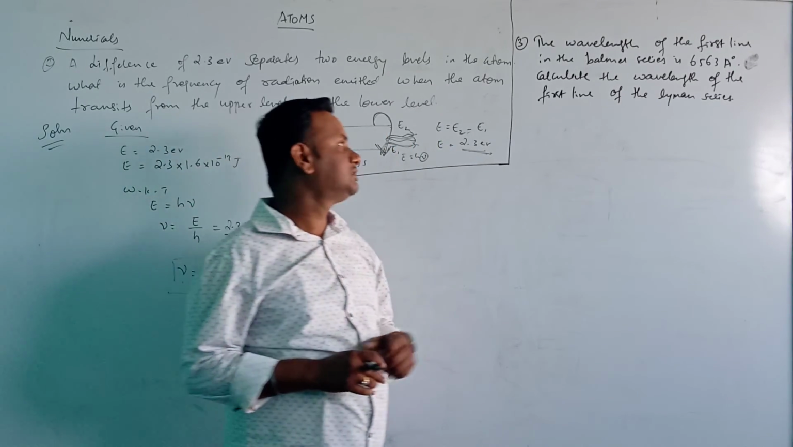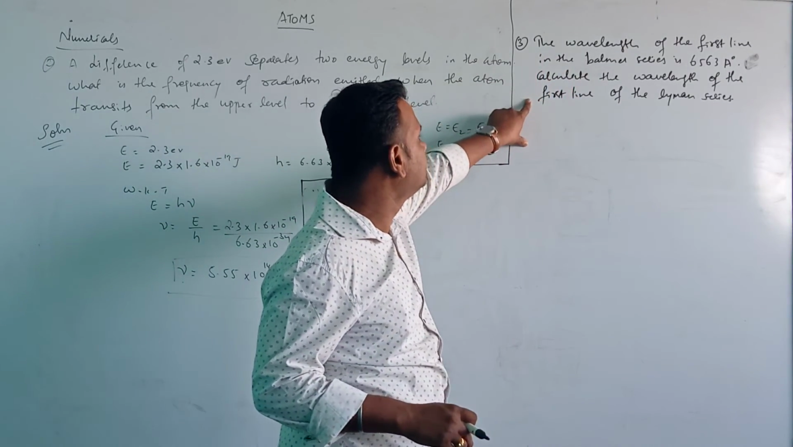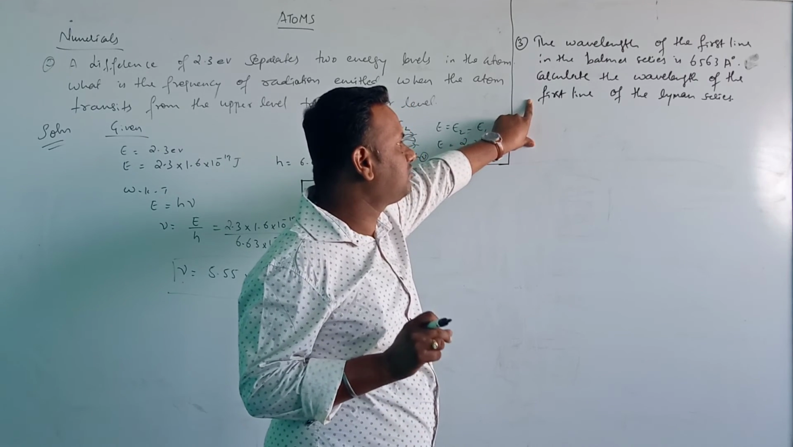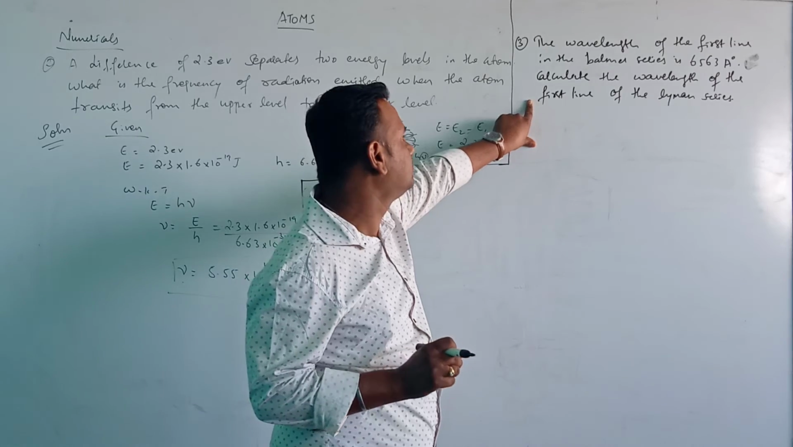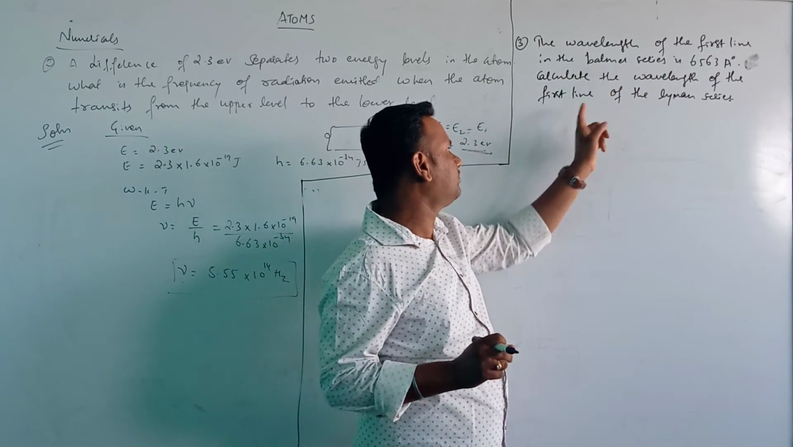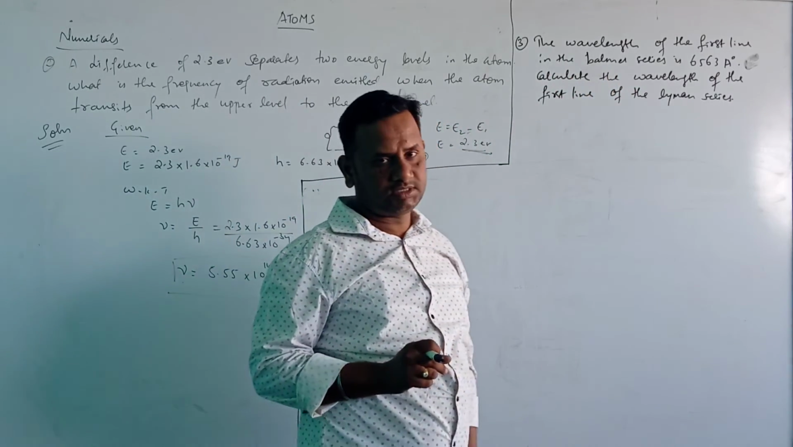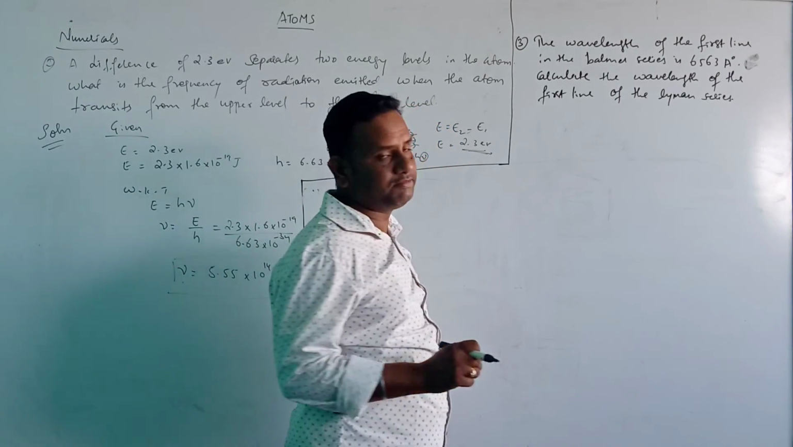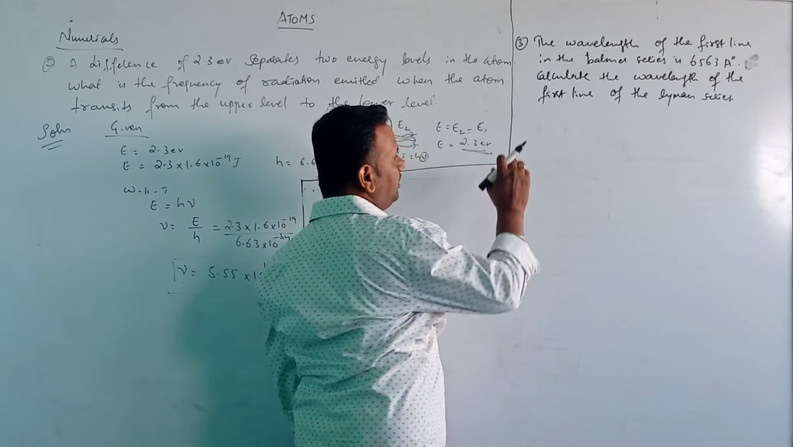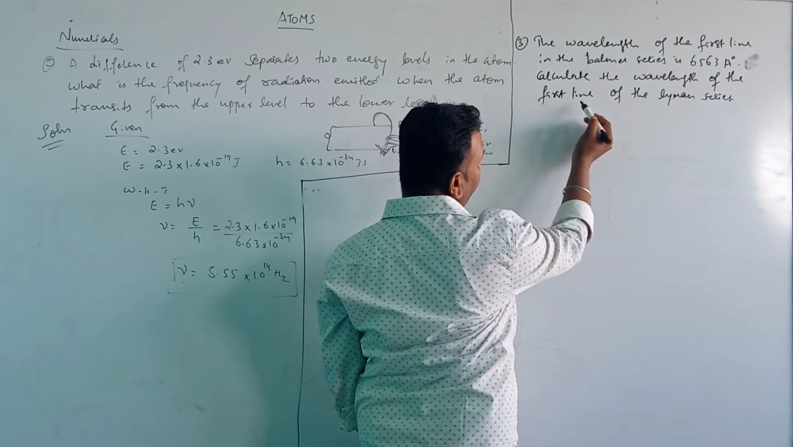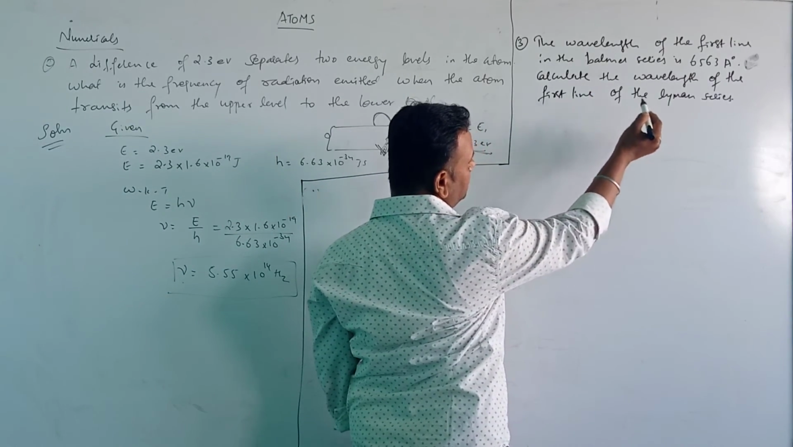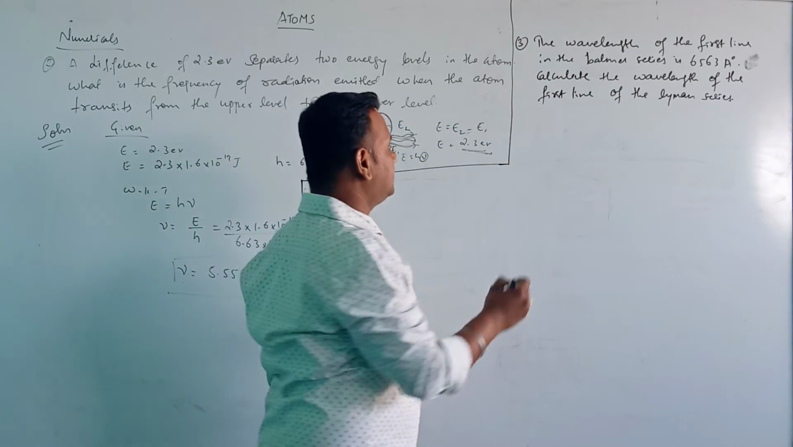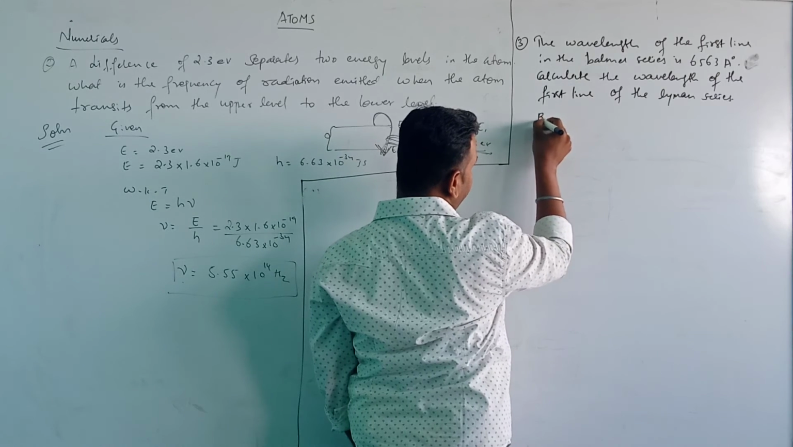So next question is, third question. The wavelength of the first line in the Balmer series is 6.63 angstrom. Calculate the wavelength of the first line of the Lyman series. तो यहाँ पे बामर सीरीज की फर्स्ट लाइन का वेवलेंथ दिया गया है, और हमें कैलकुलेट करने के लिए पूछा गया है वेवलेंथ ऑफ द फर्स्ट लाइन of the Lyman series. So as you know that, first I am writing here,